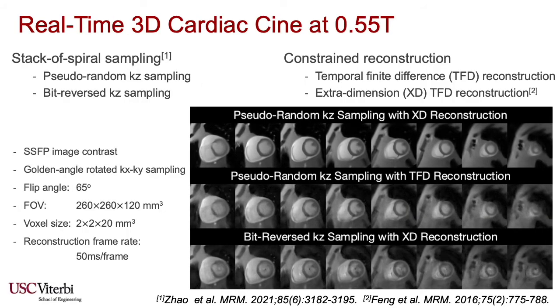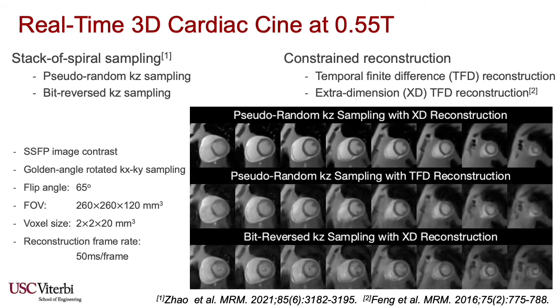Next, we performed a simulation of real-time 3D cardiac cine at 0.55T, comparing different data sampling and reconstruction strategies. Some of the simulation parameters are listed on the left. Note that this and the next simulation both consider the concomitant field effects, off-resonance, and realistic noise level. The result suggested that with a pseudo-random kd sampling and an extra dimension reconstruction, high-quality real-time 3D cardiac cine is